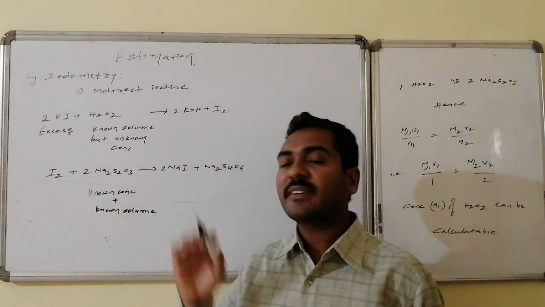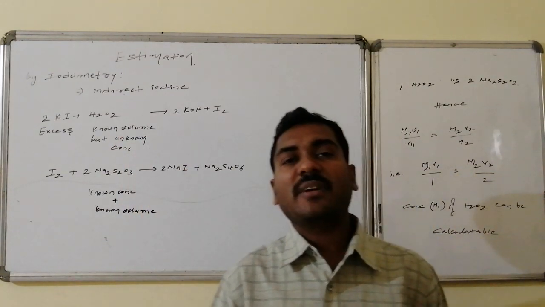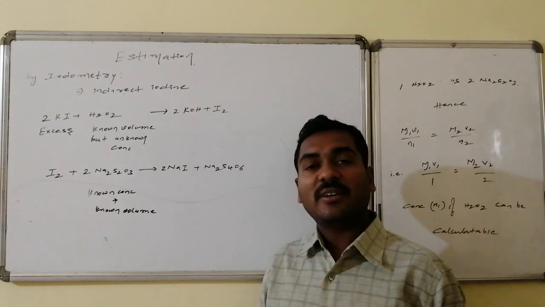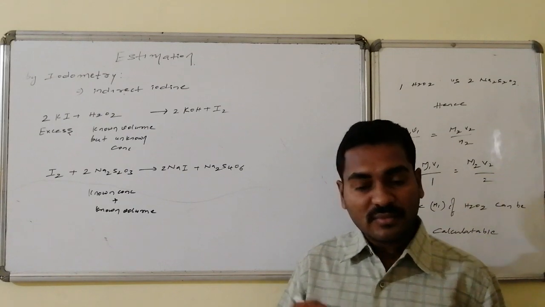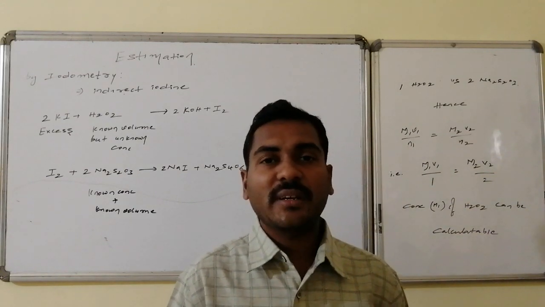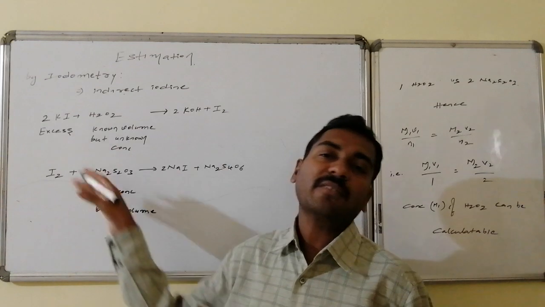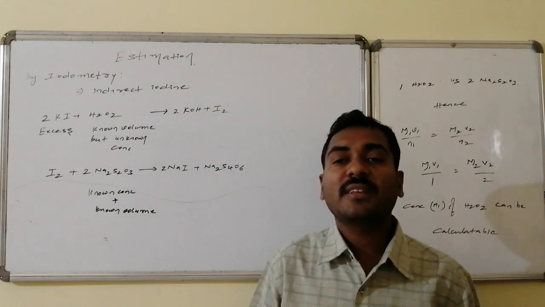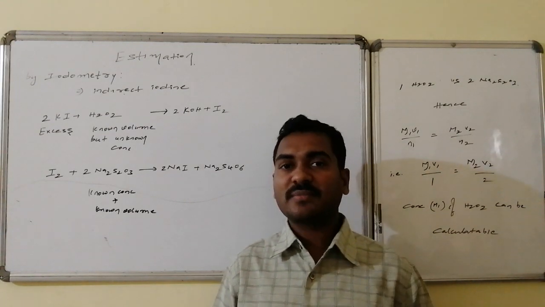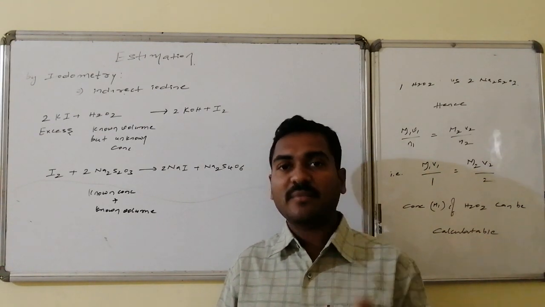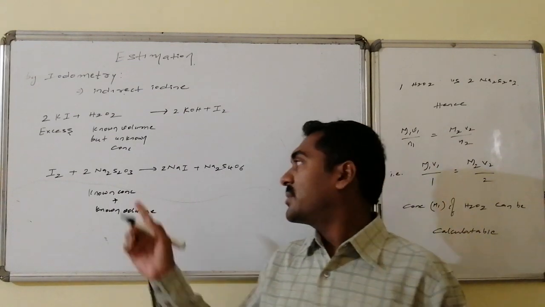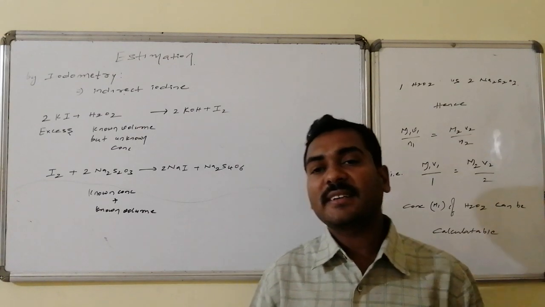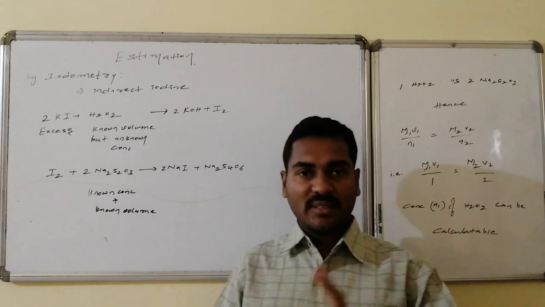The corresponding balanced equation is 2 molecules of potassium iodide reacting with 1 molecule of hydrogen peroxide gives 2 molecules of potassium hydroxide followed by iodine. The iodine liberated depends on the limiting quantity of hydrogen peroxide. This liberated iodine is now allowed to react with sodium thiosulfate of known concentration and known amount, which I am titrating with the help of a burette, with starch as indicator.